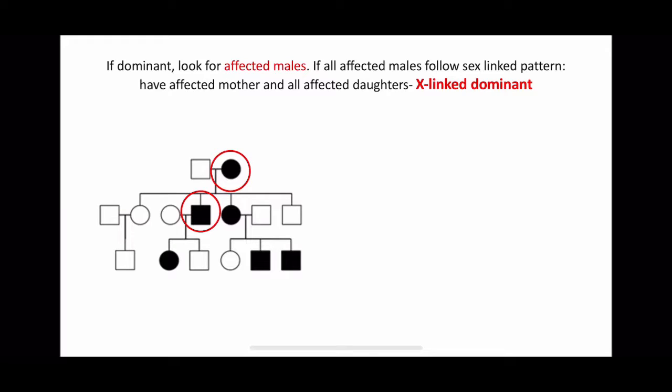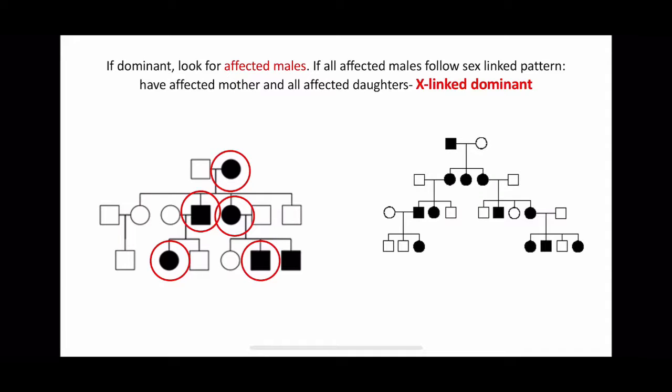which is the situation here. The mother is affected and all the daughters are affected. Again, this affected male, the mother is affected, you don't see the daughter here. Another example, obviously you rule out that this is not recessive. So you go for the affected male, and the daughters are affected, all the daughters. Another affected male, daughter is affected, and obviously the mother was affected. Another affected male, but you can only find the mother because it's not married, so mother was affected.